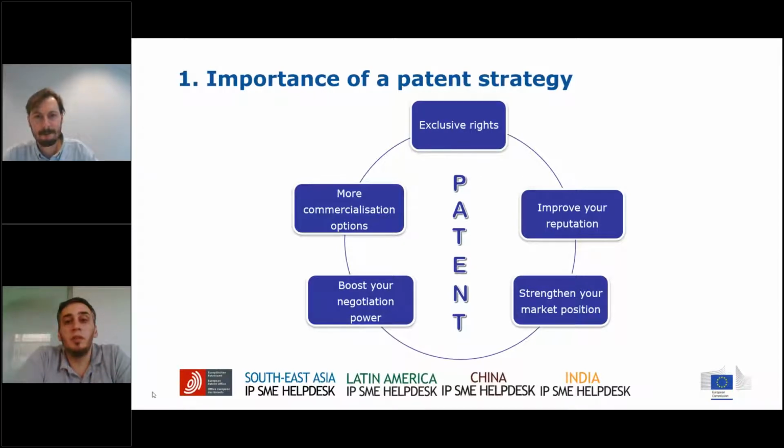A second advantage is that it will improve your reputation. When you are a company that is well known for its technology, for its innovation, and you have several patents, well, the reputation among your partners and clients will be increased. So your company, when negotiating, will be in a much better position. That will also strengthen your market position. You can use the patent as a method of marketing, of promoting yourself, showing your company as an innovative company,